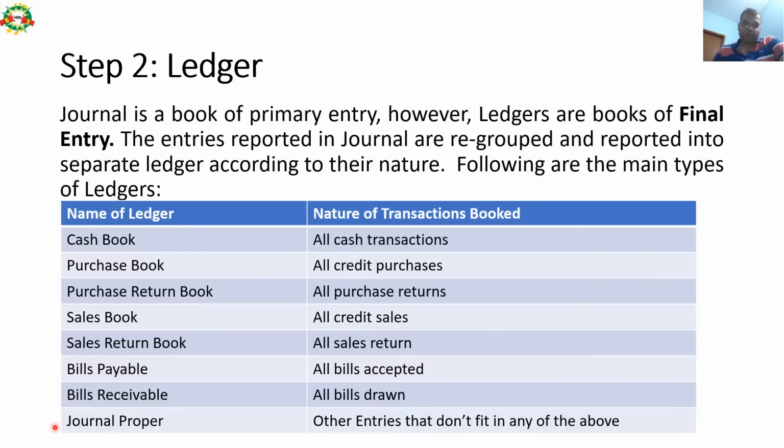So this is a very confusing term. An examiner normally asks which one of the following is a ledger. So this journal proper appears to be a journal, right? But it is not a journal. It is a ledger. So please remember, a 1 mark theory question came into my exam also out of this one line. Journal proper.